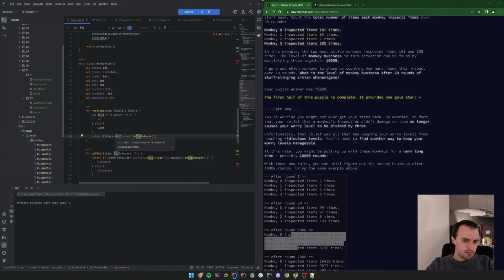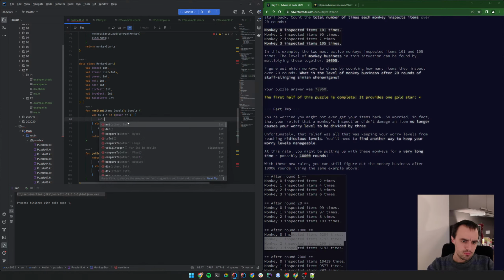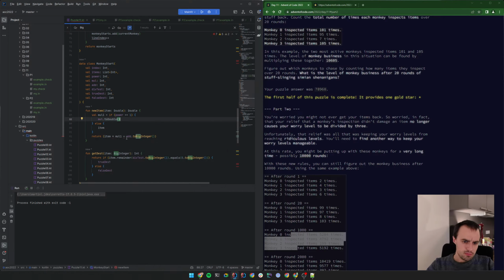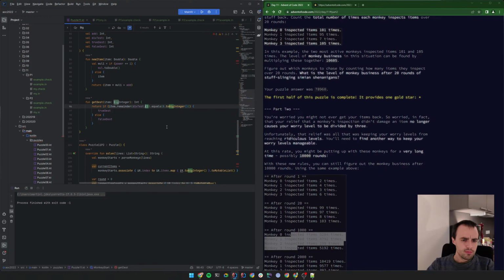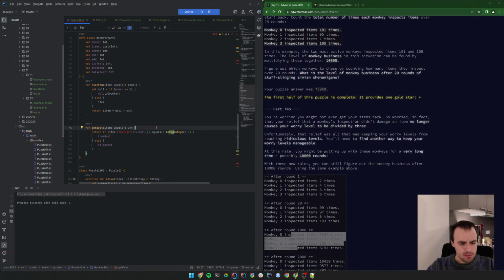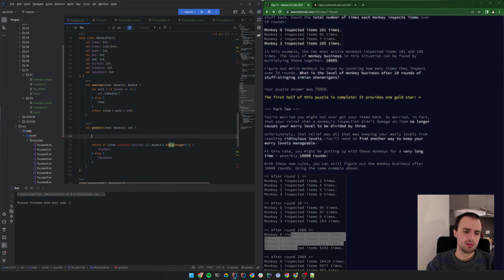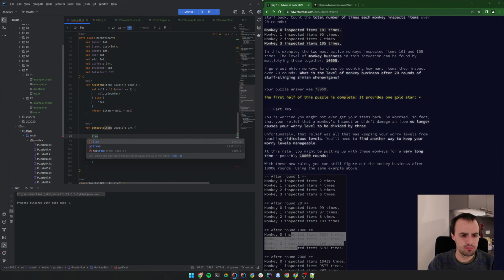So the mod one. Here we remove the big int. This to a double. And we can do the test. So we'll receive the item, and the item divided by the diff test